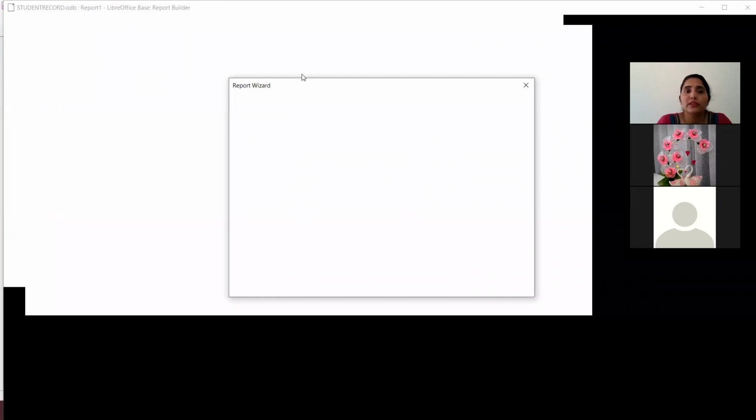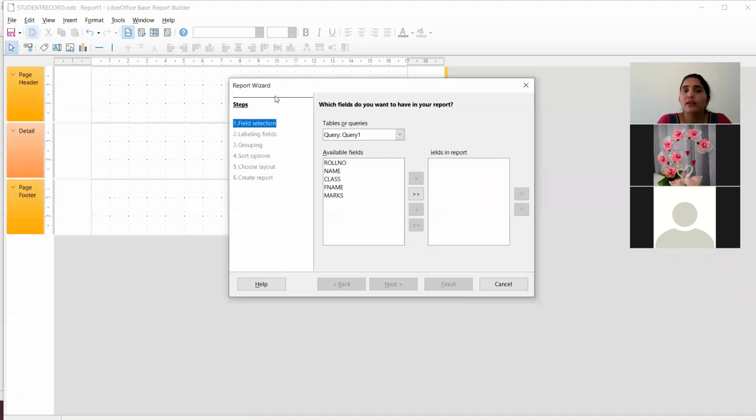When I click on this, it shows us a report wizard. And now it asks which fields you want to have in your report. Means whether you want to create a report on query basis or on the student detail table.